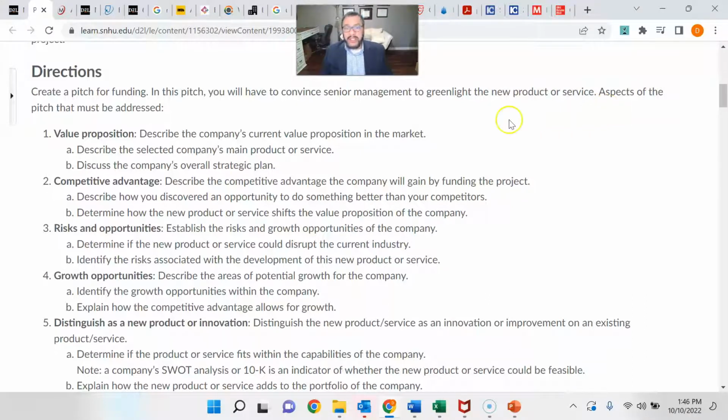So your value proposition should be a succinct sentence or 2, right? It shouldn't be paragraphs. I don't want to hear about what your company is doing. I don't want to hear about how great they are. I want you to talk about your project, and I want you to say the value proposition that I am offering my customers is convenience, access, affordability, quality, right? That's the thing that you're really after.